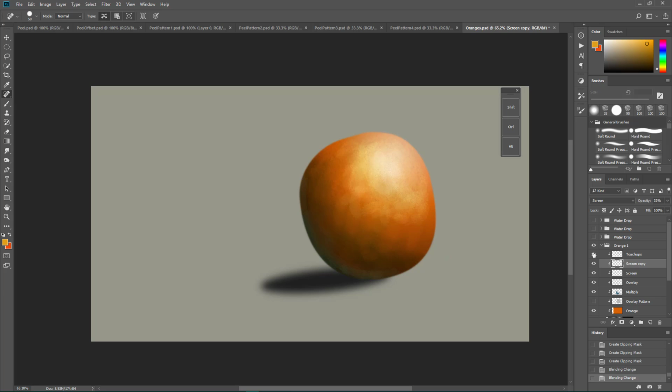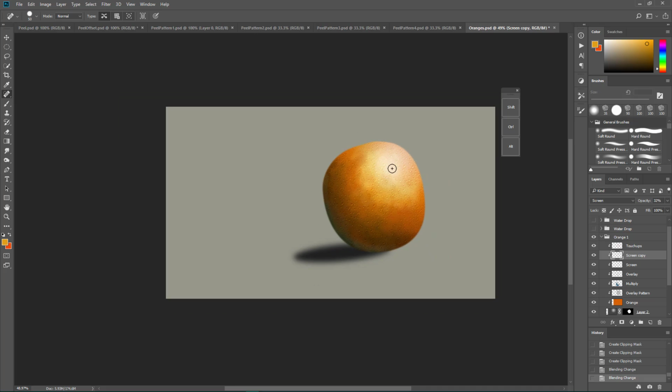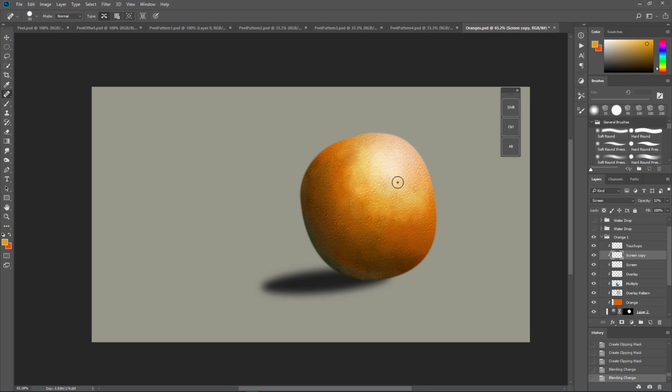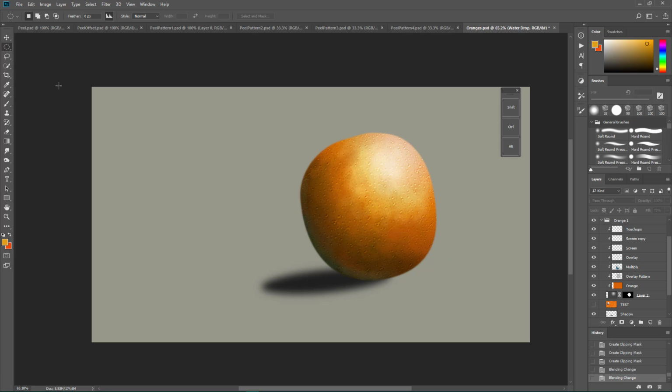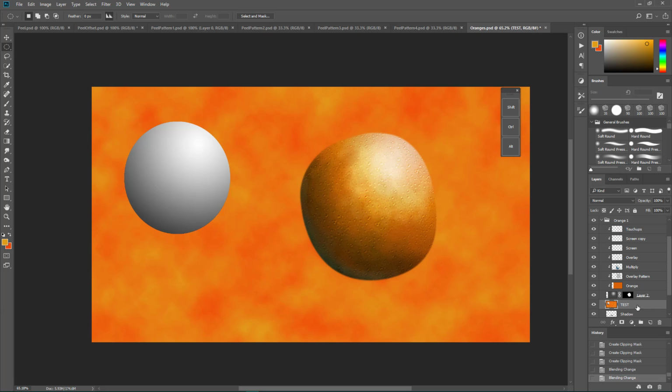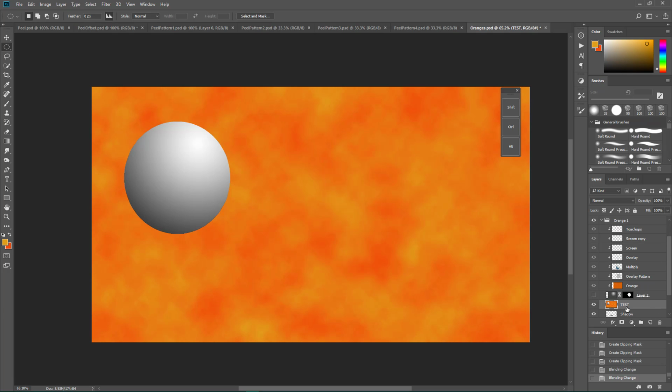Then a final layer just for a few more touch-ups. I think I just wanted it to maybe have a little bit more of a painted look. So that's the first orange. Okay, and then I duplicated. For the shadow, I just took an ellipse. Let's go back to my test layer here. The shadow, I just took an ellipse, like that,